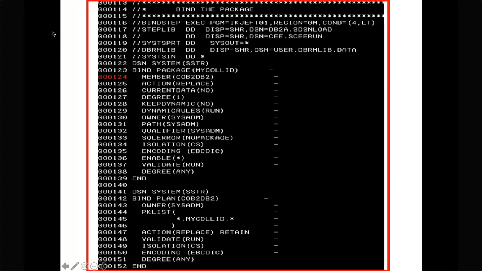This DSN system SSTR, this DSN starts what's called the DSN subcommand processor within TSO. And so this DSN command tells TSO that any subsequent commands, except the end statement you see on line 139, every statement that's issued after the DSN system command will be a command for DB2. So TSO passes these commands over to DB2 modules, I should say,